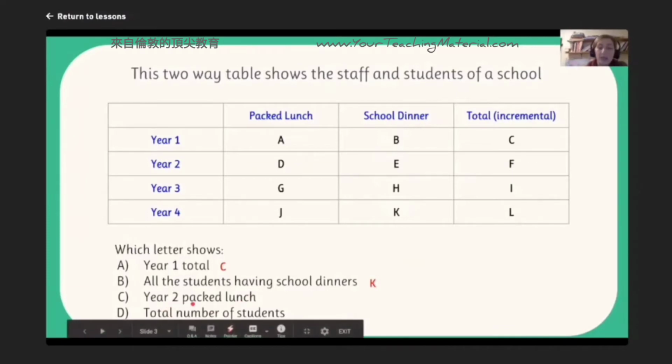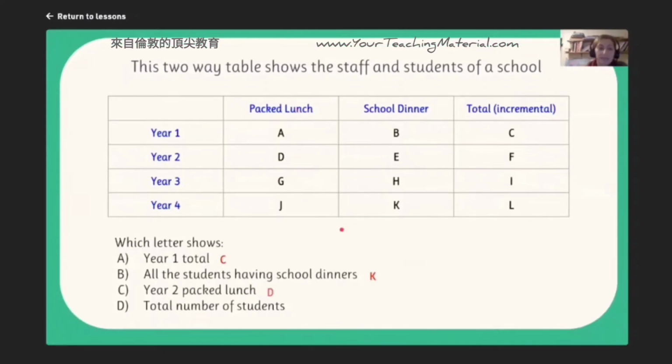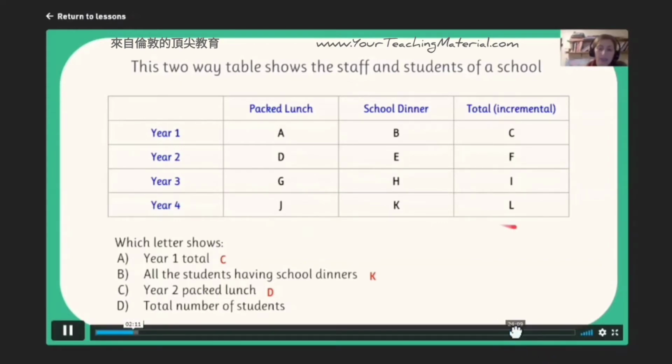Year 2 packed lunch. Again, we look at year 2 as a row and we look over it where it says packed lunch in the column. So the answer would be D. And finally, the total number of students. Again, we look at the last row and the last column that tells us the